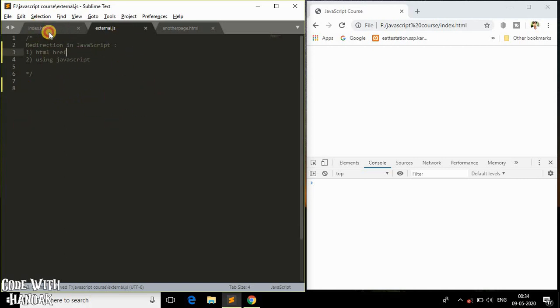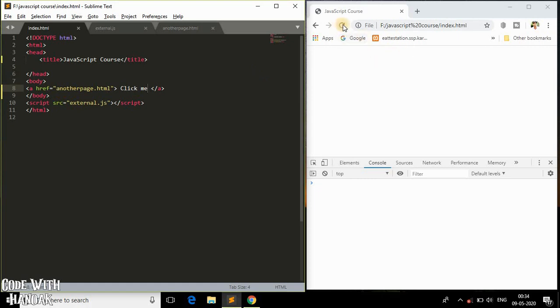We don't have anything in it. Now guys, before jumping into the actual code here, you need to understand that you need to give a complete path of this reference, because the browser doesn't know where this HTML page is residing. But if we just give the name and the extension, the browser will search for that file in the current directory where our index.html page is residing. So if you want to redirect him to another website or another page in another website, you need to give the complete path over here, right? That should be kept in mind.